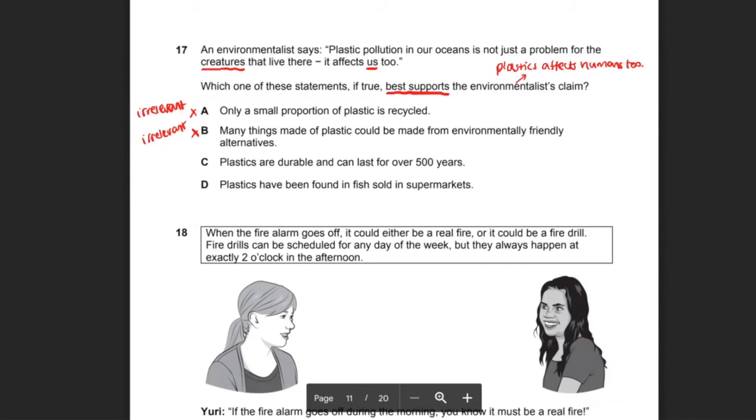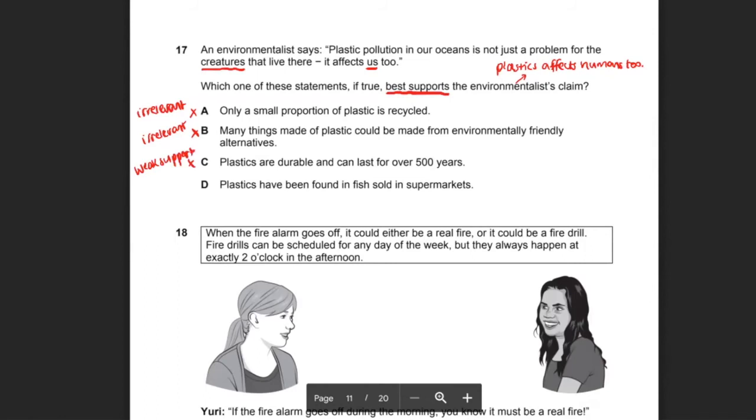Now, if you have plastics lying around for 500 years, I guess you could make a case that it would affect humans eventually, but it's not really supporting the specific argument that plastics is affecting humans. Not really a mention of humans being affected there yet. So I still cross it out. I might consider it a weak support. It's very weakly supporting it. There's not much of a link to our argument, which really leaves us with